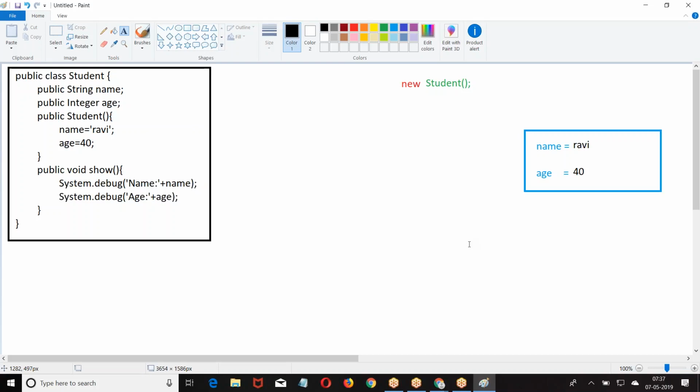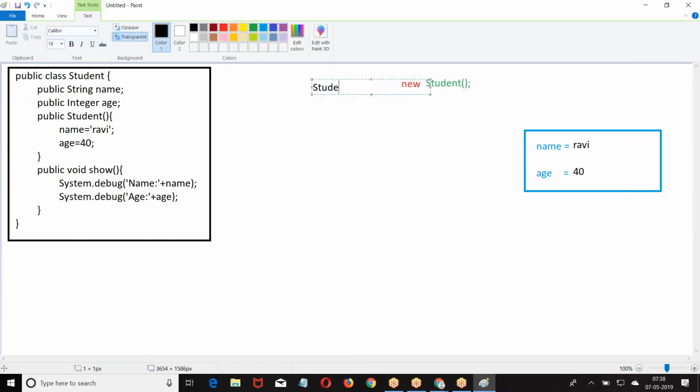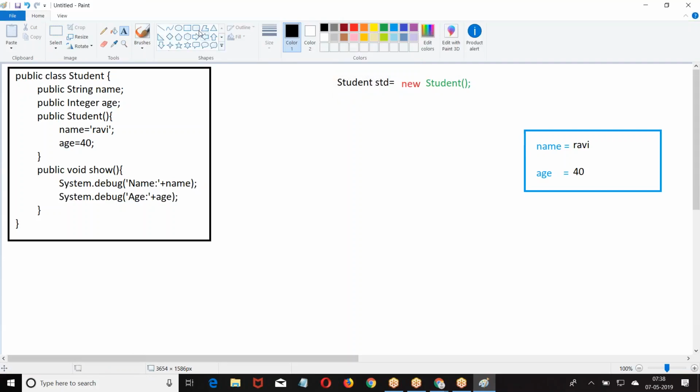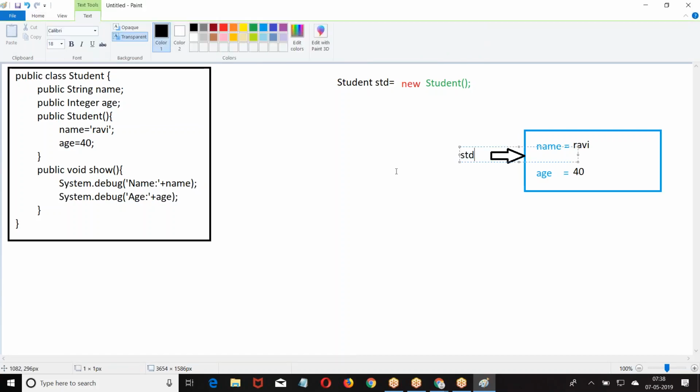Are you clear? That's the reason we are creating a reference variable. What is that reference variable doing? It is referring to the location created by new. Whatever memory is allocated by new is referred to by this reference variable std.